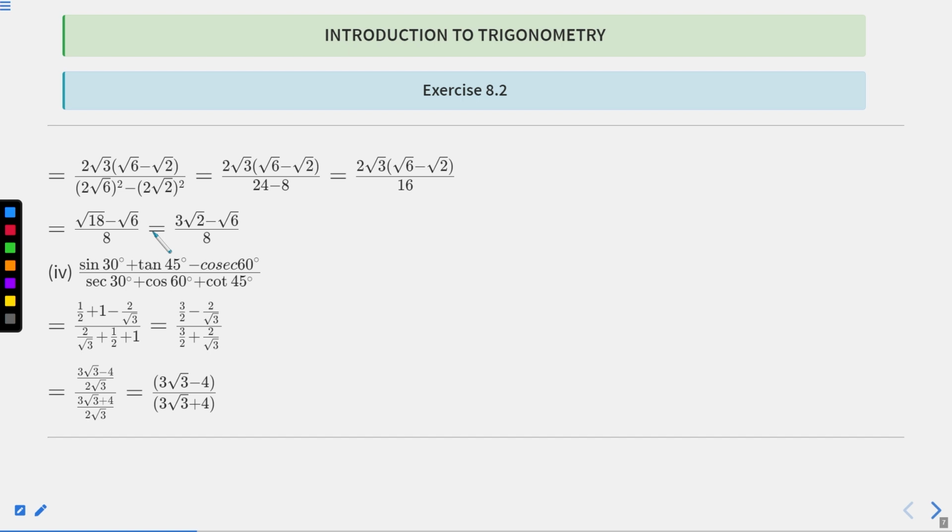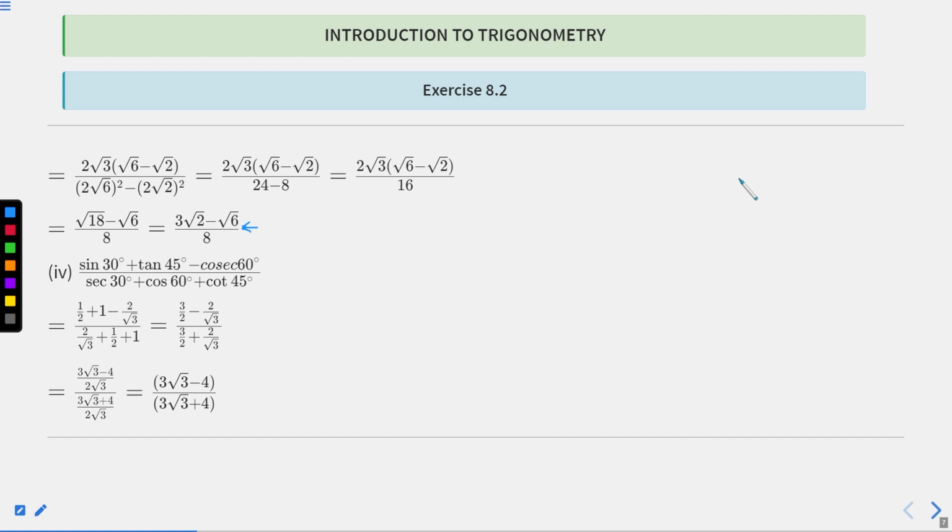And this is equal to, actually we know root 18 is equal to 3 times root 2, and root 6 is equal to root 6. So this is equal to (3 times root 2 minus root 6) divided by 8. Okay, so this is our final answer for this question. So now let us see